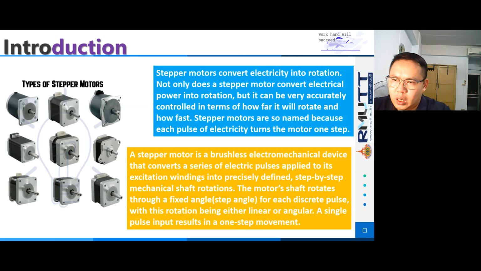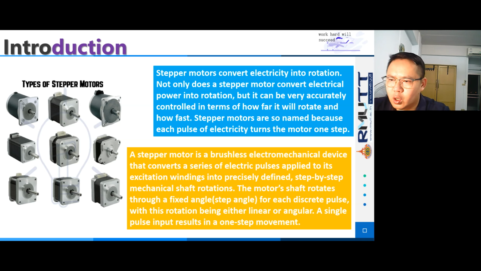Stepper motors are so named because each pulse of electricity turns the motor one step, and a stepper motor is a brushless electromechanical device that converts a series of electric pulses applied to its excitation windings into precisely defined